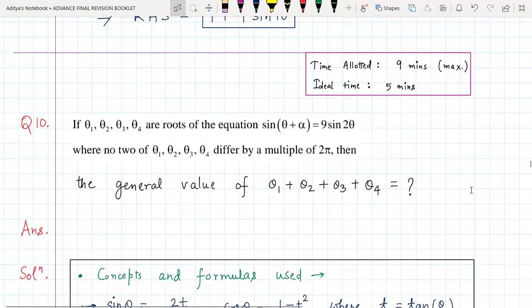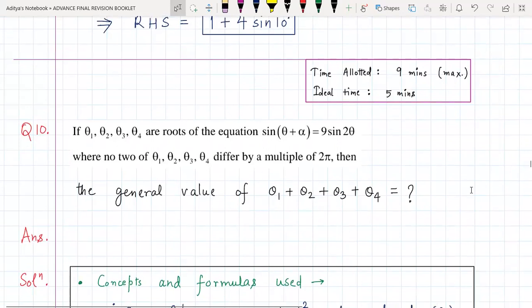Hello everyone, a very warm welcome back to the channel, and today we have another very good and interesting question from the chapter of trigonometry, question number 10. The question is asking us that if theta 1, theta 2, theta 3 and theta 4 are the roots of